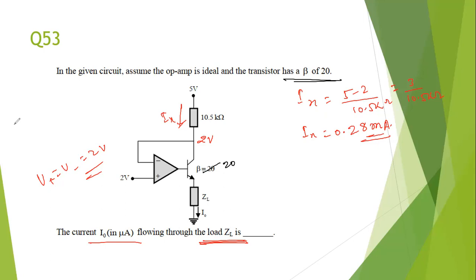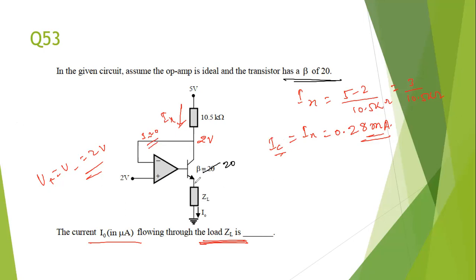Now, if transistor is on, then in that case you can find the value of I0. But if transistor is off, then output current is what? 0. So there is no current flowing. So IC current is equal to 0. What is the current flowing through this?